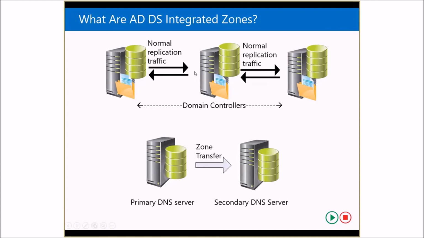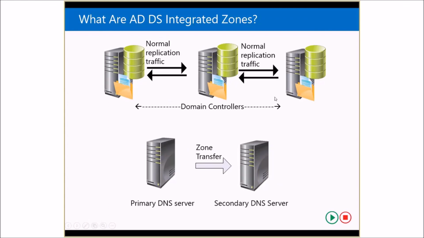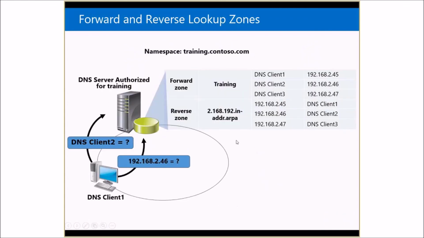the normal Active Directory replication replicates the DNS as well. But if it's normal, non-Active Directory integrated DNS, it's a zone transfer from the primary to the secondary. You can see this arrow is only one direction, isn't it? Whereas with these Active Directory integrated zones, the replication happens both ways, in all directions. All right, so